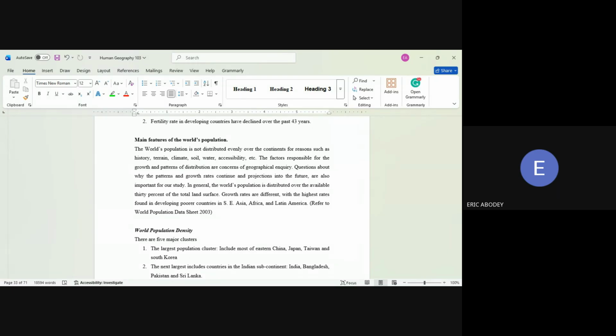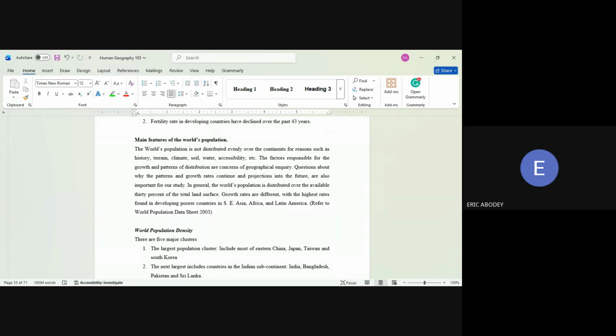Now, the factors responsible for growth and pattern of distribution are the concern of geographical inquiry. Questions about why patterns and growth rates continue, and projection into the future, are also important for our study. In general, the world's population is distributed over the available 30% of the total land surface. Remember, we said that